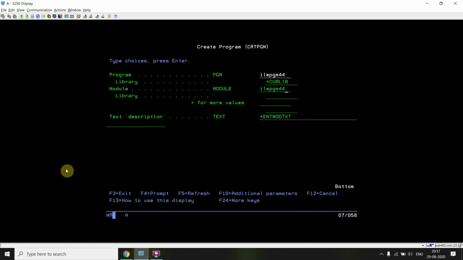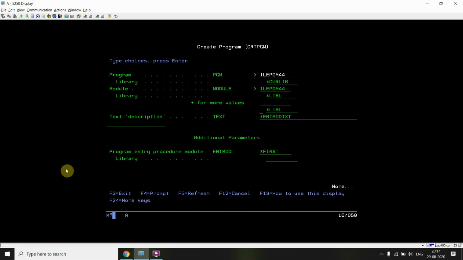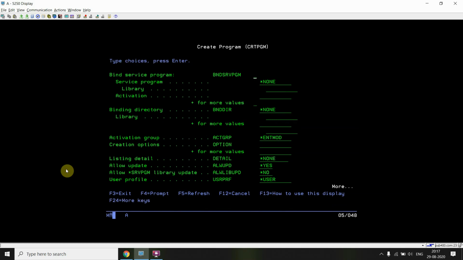We are not giving any binding from here, either a module or a service program or binding directory, since we already defined the binding directories in our source in H specs, those two binding directories, and we added the module or service program entries in our binding directories. So we are simply creating the program, and the binding is done using the binding directories.